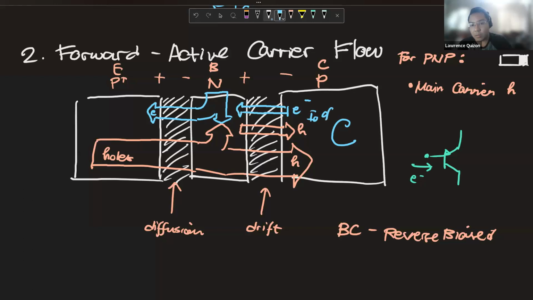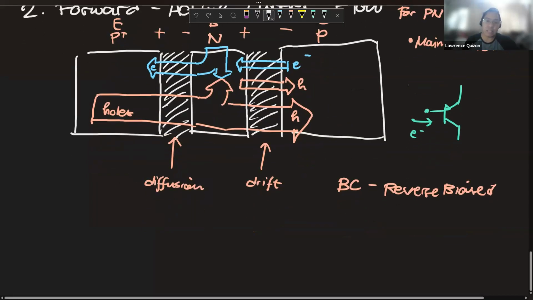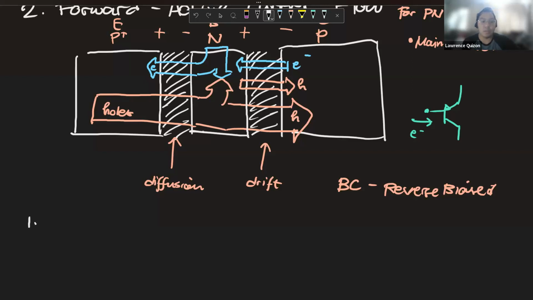So this is your IO of the BC junction. It is your reverse saturation current for the PN diode, that is the BC junction, right? And with that, those are your current components for the forward active carrier flow, no? So really, the things to note is that